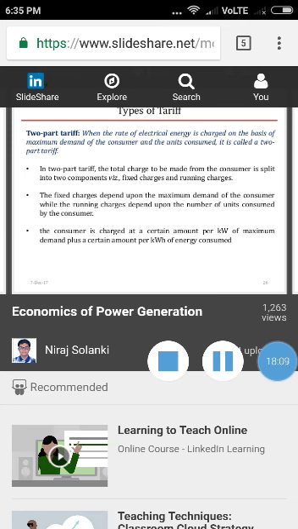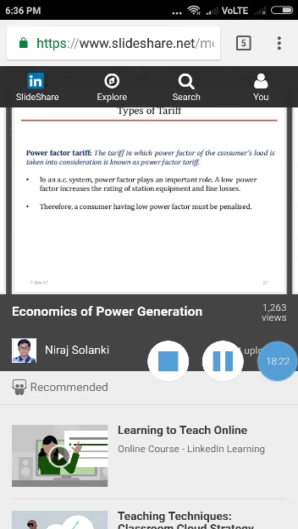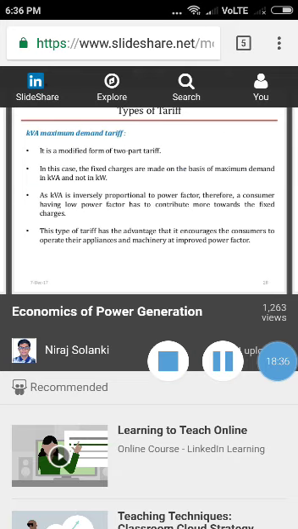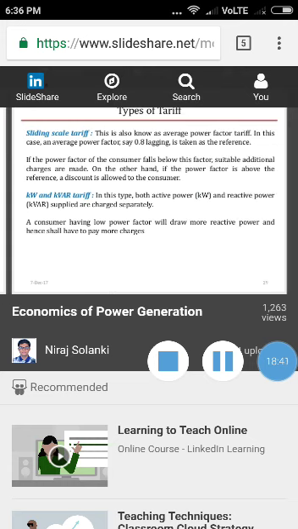Two-part tariff. When the rate of electrical energy is charged on the basis of maximum demand of the consumer and the units consumed, it is called a two-part tariff. Power factor tariff. The tariff in which the power factor of the consumer's load is taken into consideration is known as power factor tariff. There are some other types of tariffs: sliding scale tariff, KW or KVA tariff,